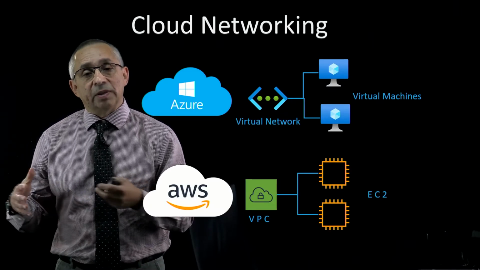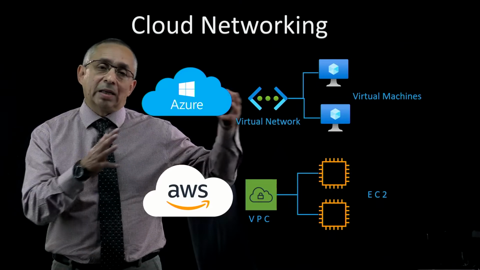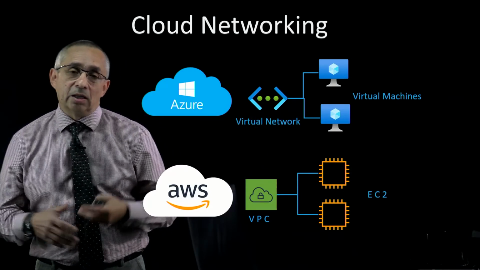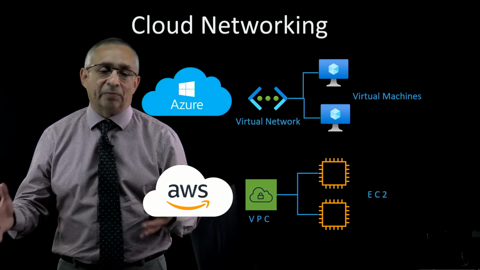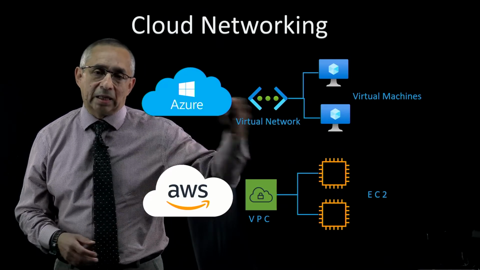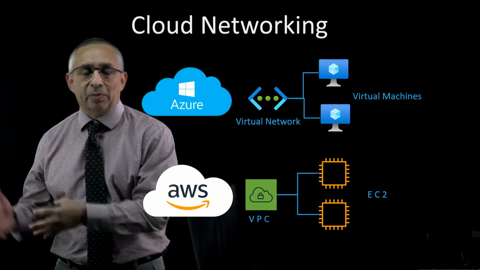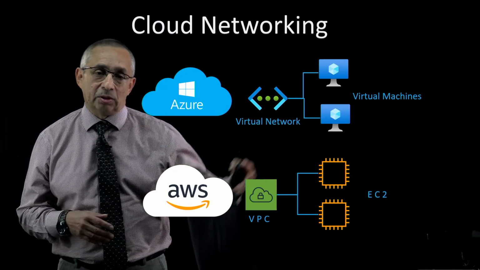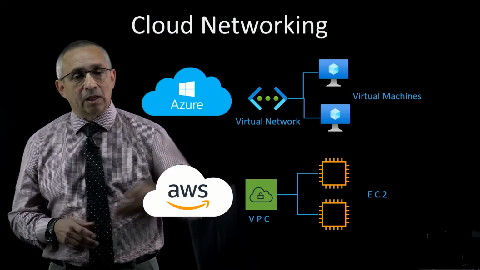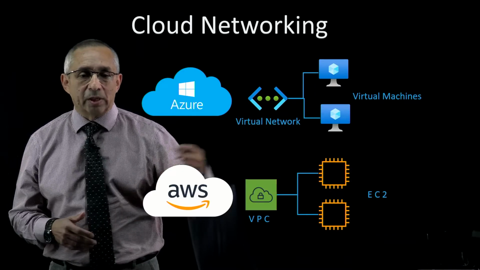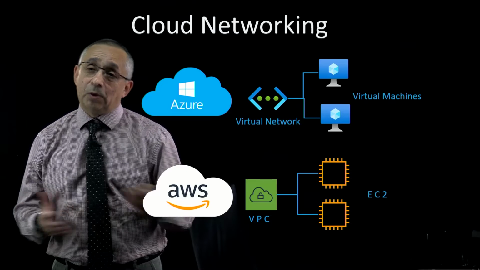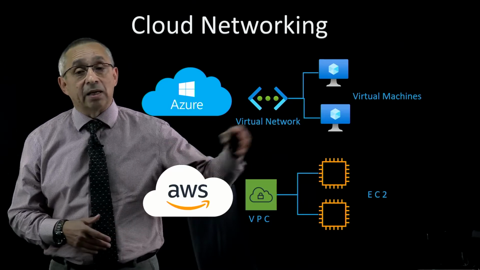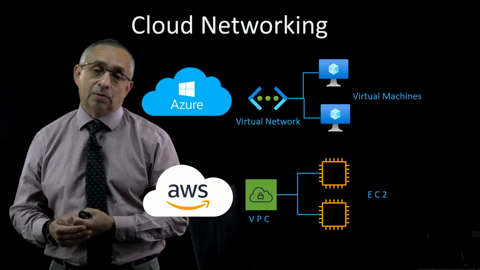The connection between on-premises networks and cloud networking today is the same as being 2 networks in physical locations. Cloud networking works the same as on-premises networking. Of course, you need to understand what a virtual network is, what a virtual machine is. On AWS, a virtual network is called a VPC, and a virtual machine is called an EC2.